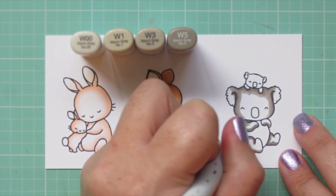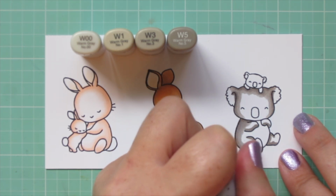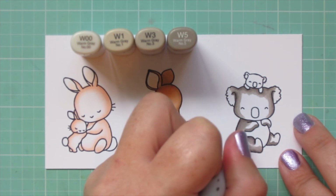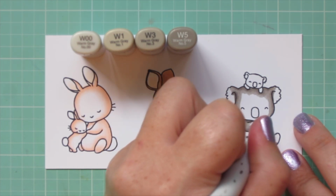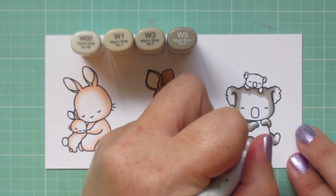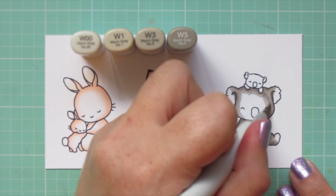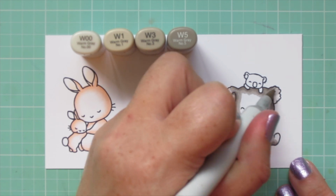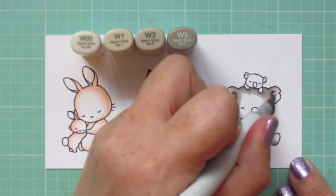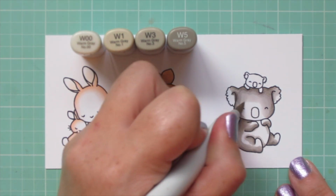I think these illustrations from Ada Zamora are just so adorably cute, and I was so excited to get to play with them today. So I'm finishing up my blending with the W3, and I also am going to add a little shadow where her leg would be casting one on her belly and also her far arm there. And then I'm going to move on to my W1, and I'm doing the same exact little circular scribbling motion